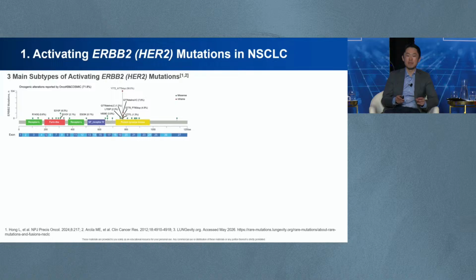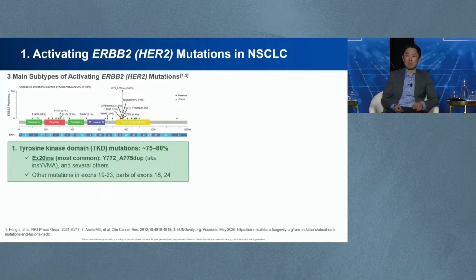So these are specific mutations in the HER2 gene that actually turn on the gene and the protein constitutively, leading to oncogenesis, right? And so here there are three main subtypes. And the most important here is the tyrosine kinase domain mutations, or TKD mutations, which make up about 80% of all activating mutations. And among this, exon 20 insertion is the most common and the most important mutation to think about. And this is composed of the